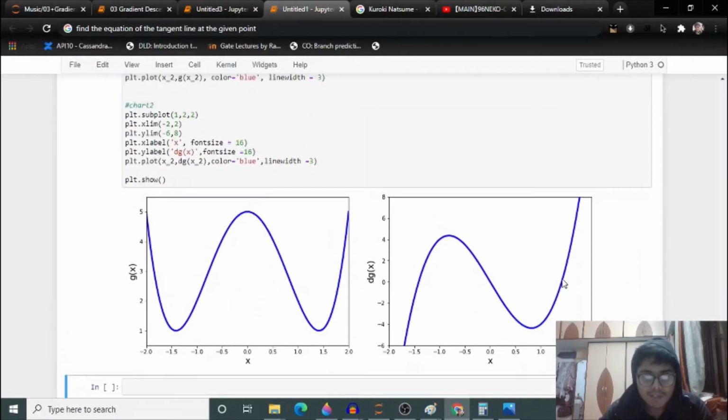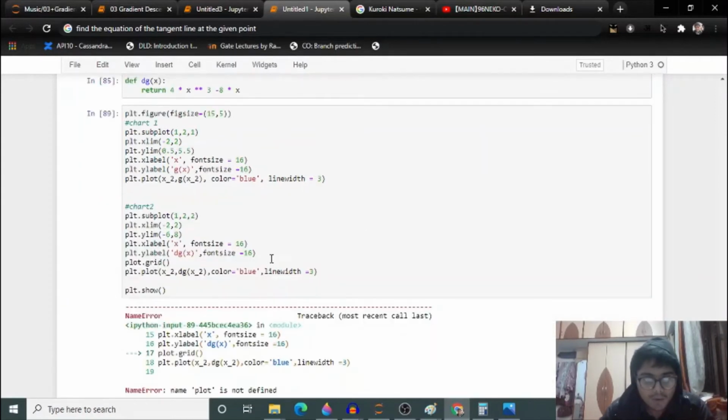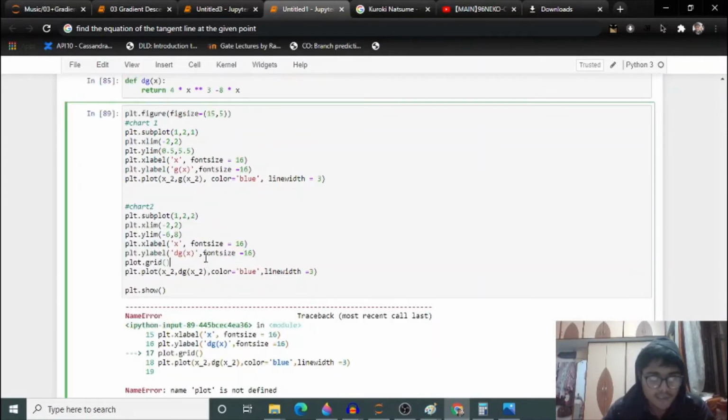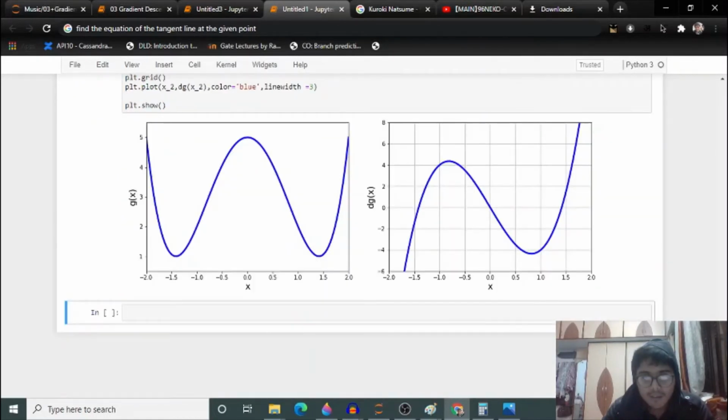I will put this grid in this plot because I want to show you some things. It doesn't put in the grid. Why? Oops. So now you will see the grid. This is a very interesting function.